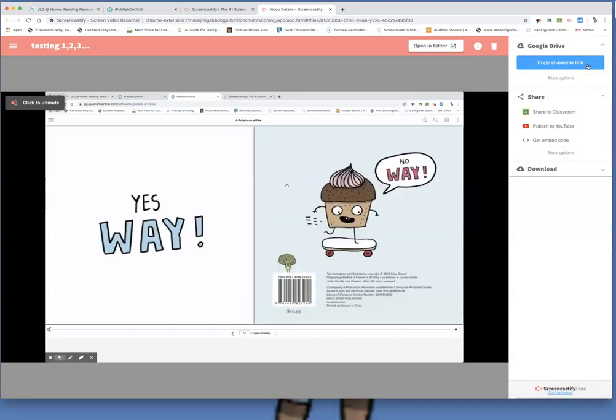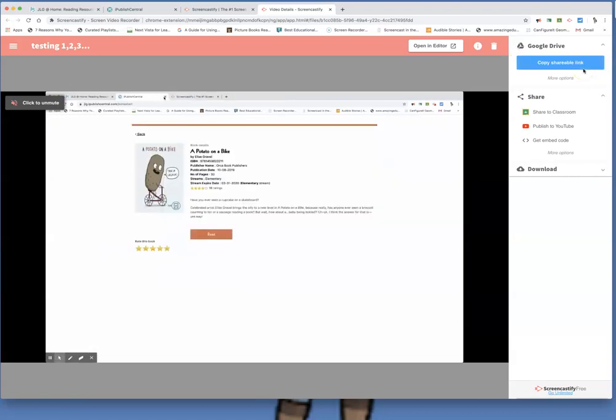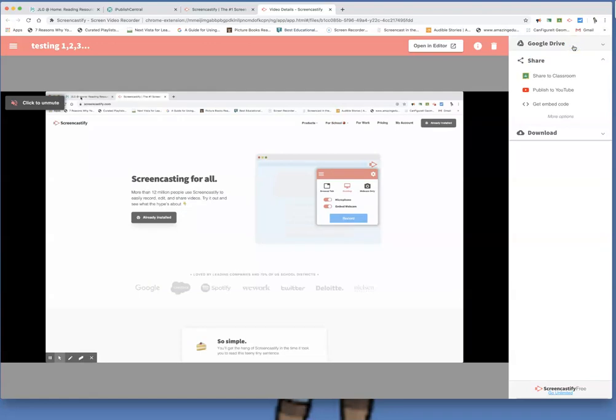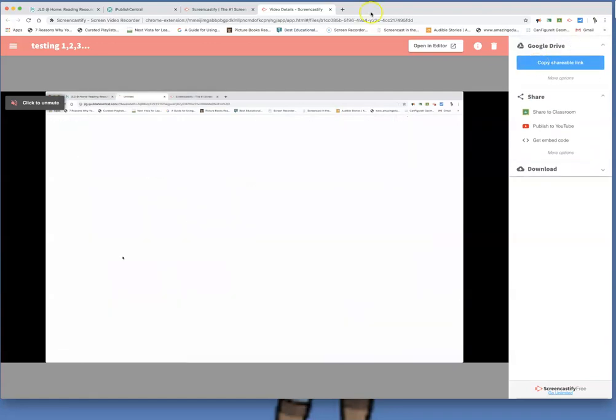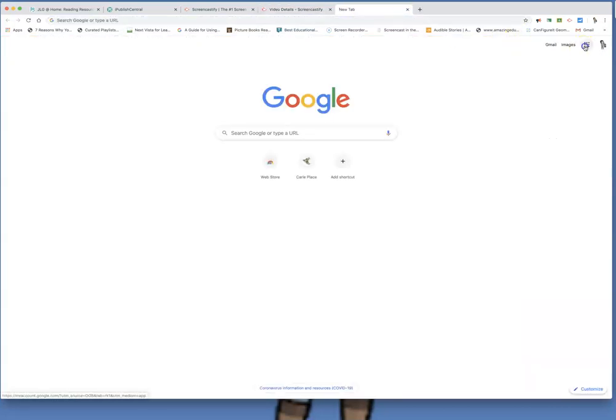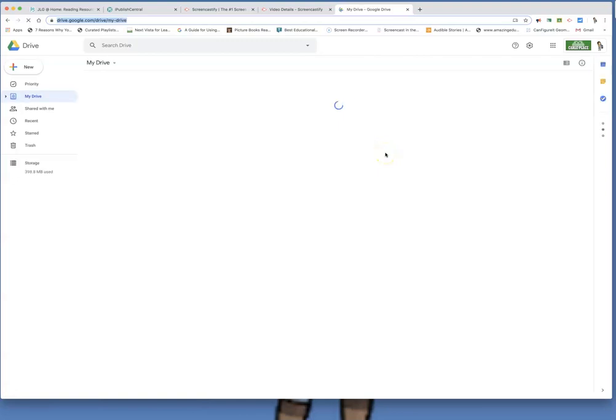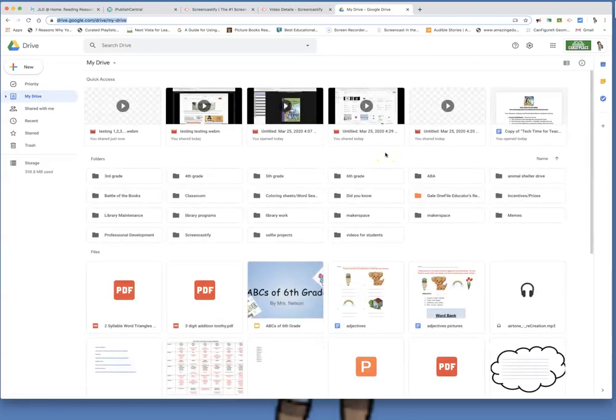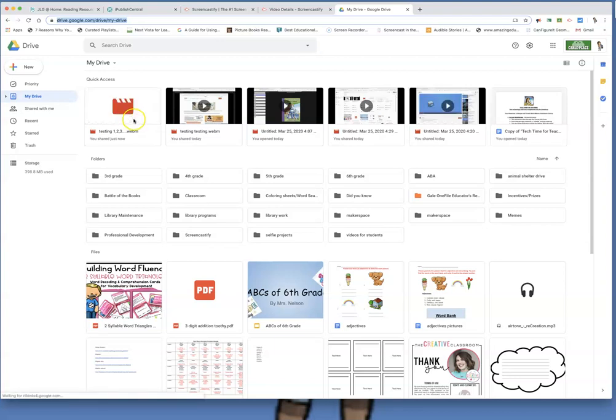Or you can copy a shareable link, and when you click on that, it literally just copies it for you, and then you can share it anywhere. But for those who do not realize, it automatically goes to your Google Drive. So I'm going to show you that right now. If I click a new tab, I open up my drive. It's actually right here. It is still loading right now, and the reason I know that is because it's not actually showing me the video. It's showing me this. So until you see a screen of your screencast, don't try and share it yet because